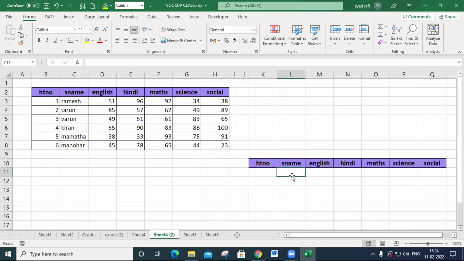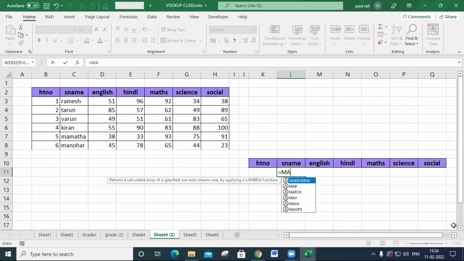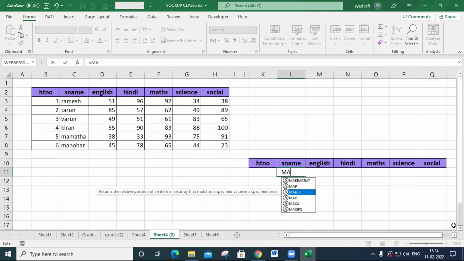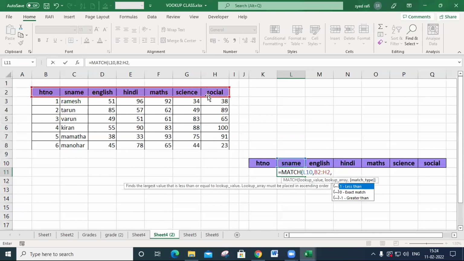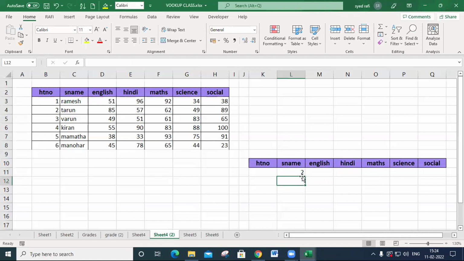So that's why I do one thing. Equal to match, I need to check this heading in this range, comma, exact match, close this one and press enter. What happened here? This heading is checked in this range and it decides in which column it is contained. It returns 2.